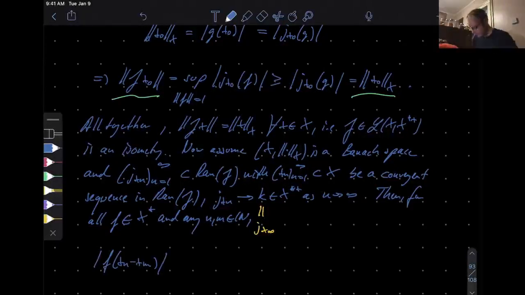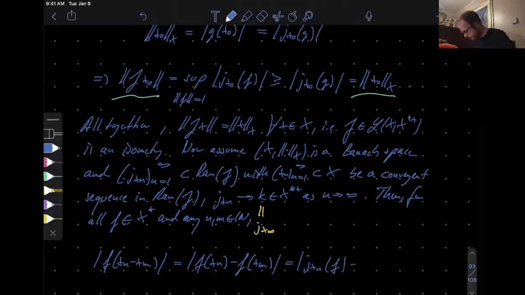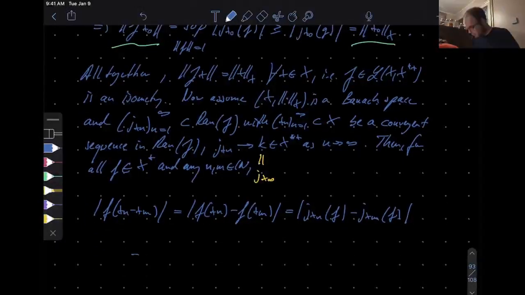Since you're dealing with a linear functional, you can split up the action on that difference in this way. And now you need to remember how that little map J was defined. So the first one is J_{x_n}(f), the second one correspondingly J_{x_m}(f). Then you use how you add two linear maps,